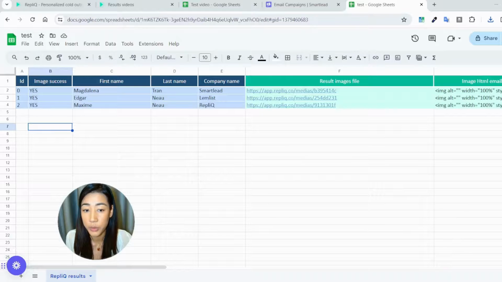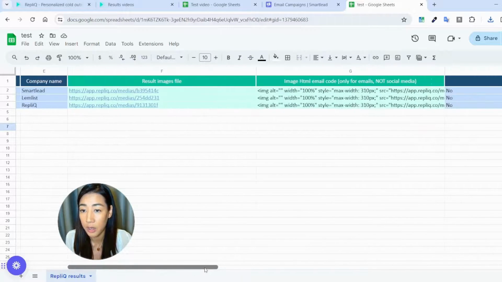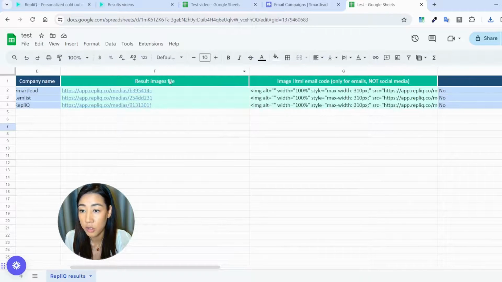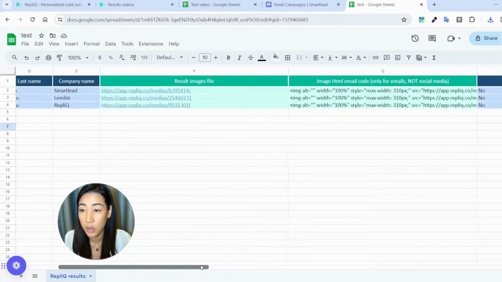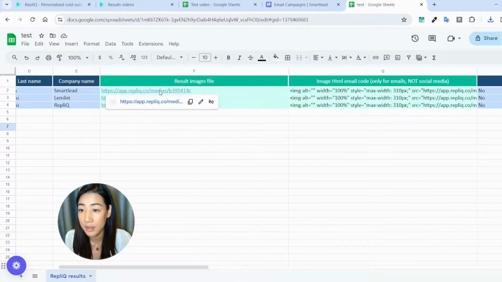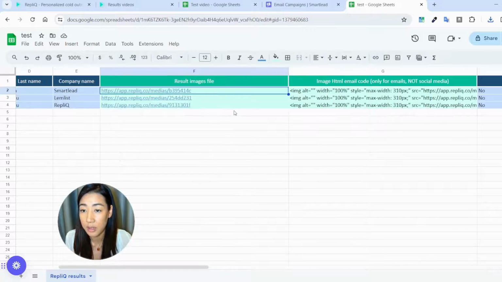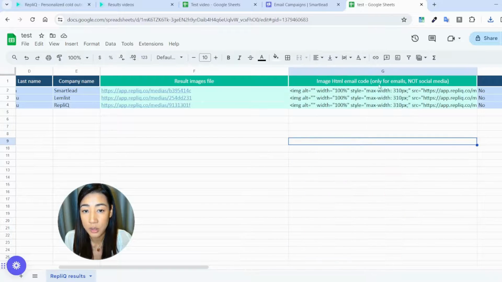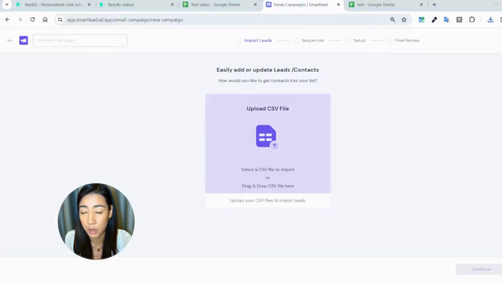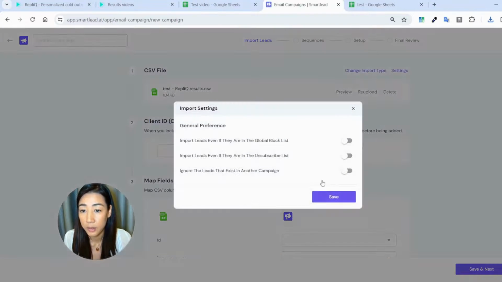And just to quickly show you how it looks, this is the Replic file. So you have all of the original columns you have inside of the file, but what we added is the result images file and then image HTML email code. And if you're doing cold outreach on LinkedIn, this is the link that you would want to add inside of your outreach tool. But in this case, we are going to use this one inside of Smartlead, image HTML email code. So we're going to upload that file,